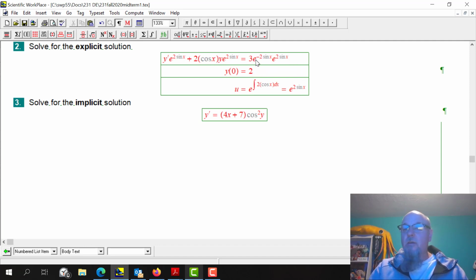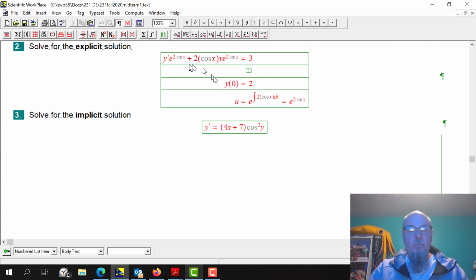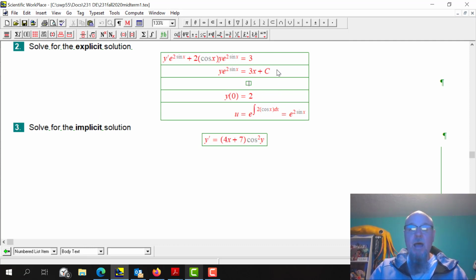Now, oh, that's nice. E to the minus 2 sine, you add exponents, common base. E to the minus 2 sine and plus 2 sine, that cancels out. That becomes e to the 0. And e to the 0 is 1. Now I'm set to integrate both sides. I know that the left-hand side is just y times the integrating factor. The right-hand side is going to be 3x plus a constant. They want me to have the explicit solution, so that's going to be y equals